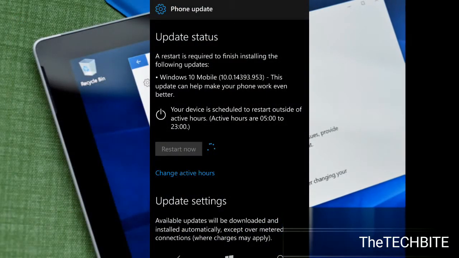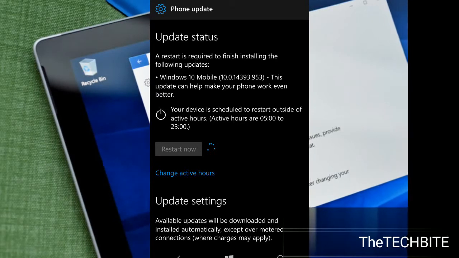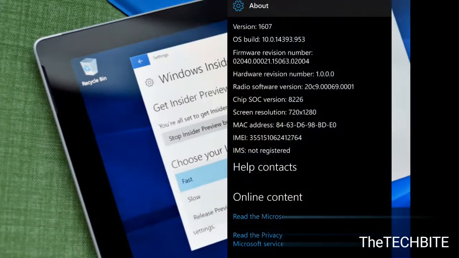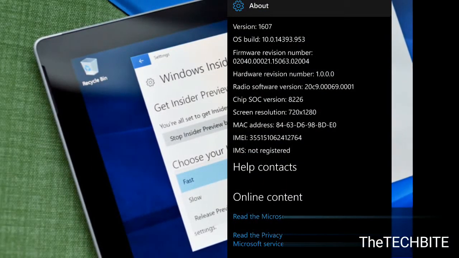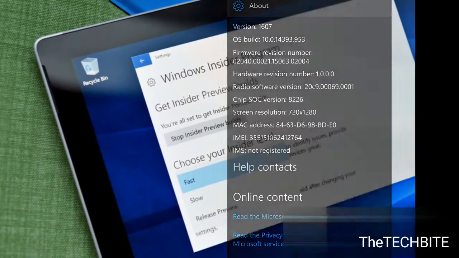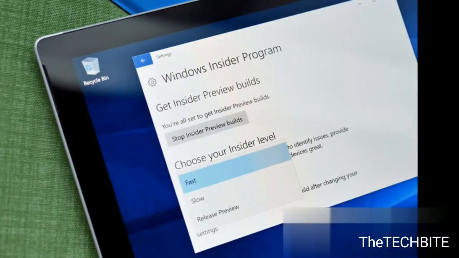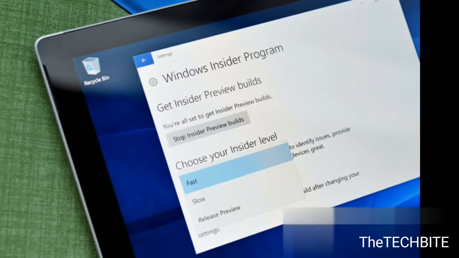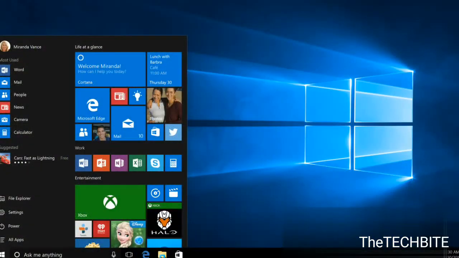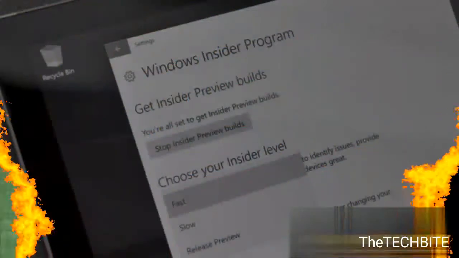The update in question brings the Anniversary Update build number to 14393.953 on both PC and mobile. This update is not rolling out for Insiders running Redstone 2. The update in question is called KB4013429. Here's the changelog. Addressed known issue called out in